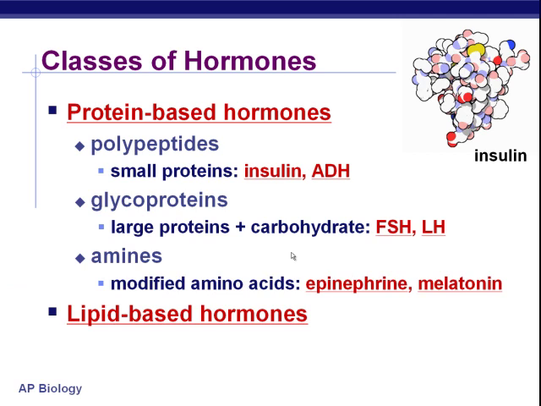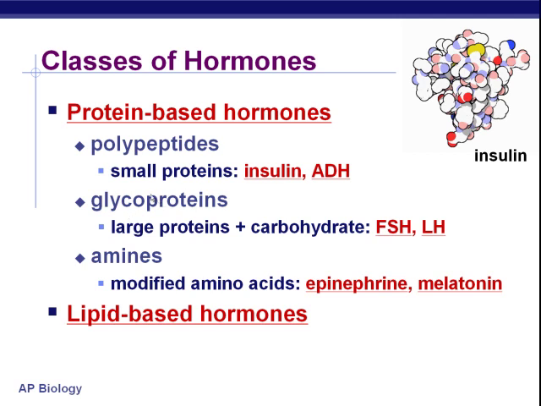I would maybe take this time as a time to review this term called glycoprotein. If you'll remember, we talked about proteins that have a carbohydrate stuck to them. That's what the glyco means. That carbohydrate is an oligosaccharide very often, not as big as a polysaccharide, but bigger than a monosaccharide. You might want to remember that term just because it pops up in several places.